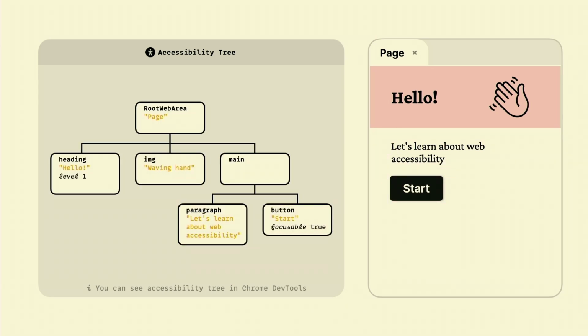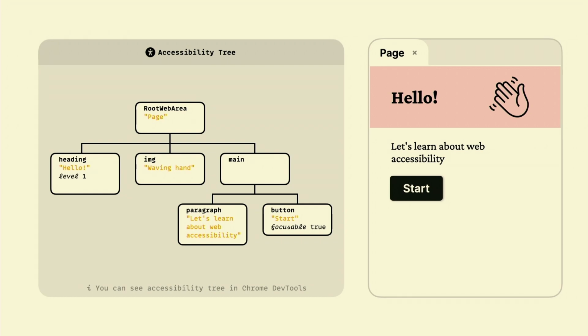As you can hear, the screen reader announces information straight from the accessibility tree. It uses accessible role and accessible name to describe elements on the page. And while in this example we navigated the page sequentially, screen reader users have a lot of shortcuts to navigate the page by headings, links, interactive elements, and so on. And this is exactly why using semantic HTML is so important.